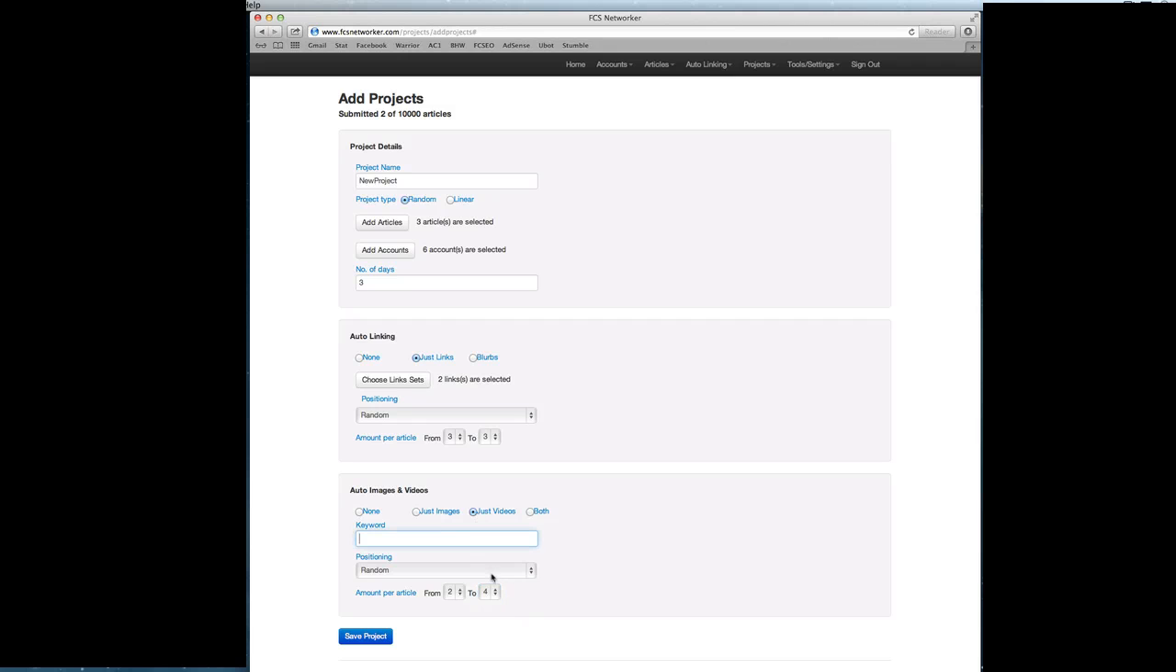Just videos works the exact same way. Or you could choose both. So we want cat videos, and this will randomly choose between 2 or 4 images and videos. So you might get 1 image and 3 videos, 2 and 2, and so on. So then you'd save your project,